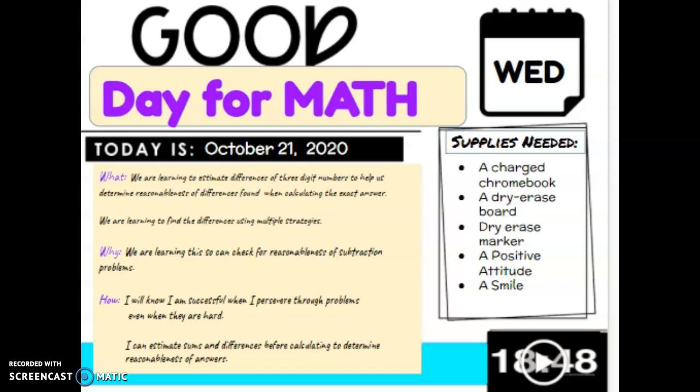Hey guys, happy Wednesday. Today we're still going to be talking about subtraction, and we're going to be using estimation along with base 10 blocks today to solve